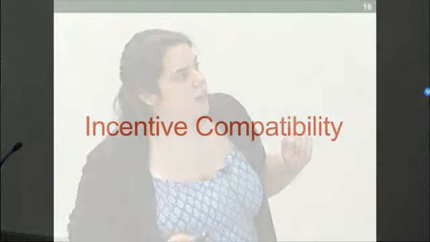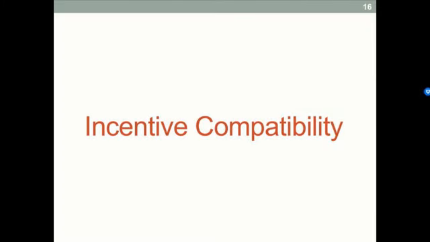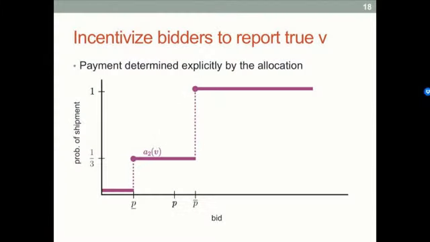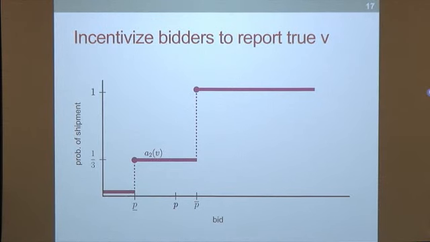So this is our result: the mechanism looks like this, and now I'm going to show how to solve for it and why. We said that we can require incentive compatibility. Here's a little refresher of single item auction theory, in case you don't remember. Here we have an allocation rule. If you bid below P lower, then you're not going to get anything. You're not going to get your package shipped. If you bid between P lower and P upper, then you get your package shipped with probability 1/3. And if you bid above P upper, then you definitely get your package shipped. So this is the randomized allocation.